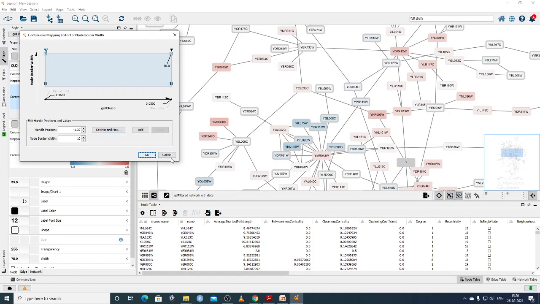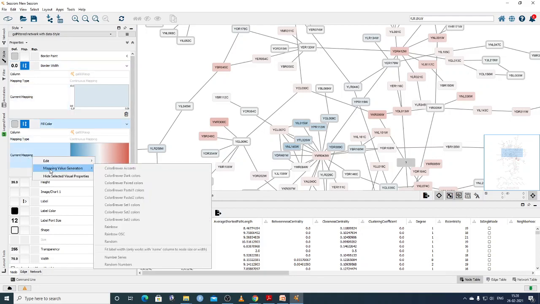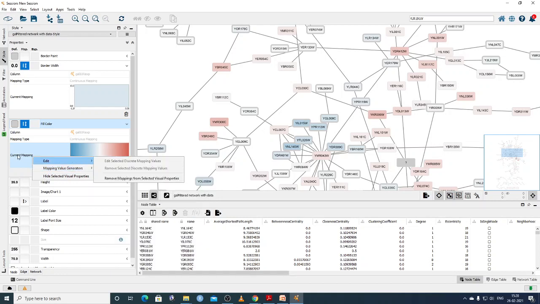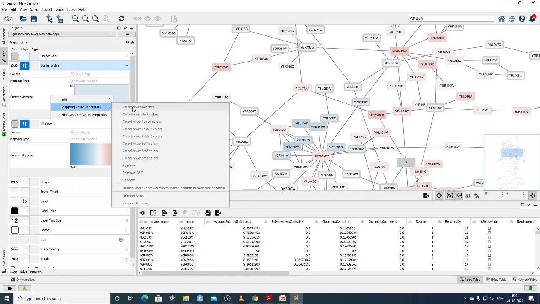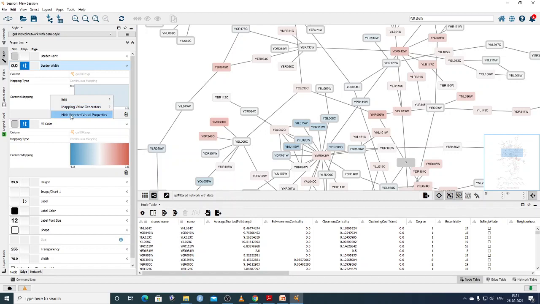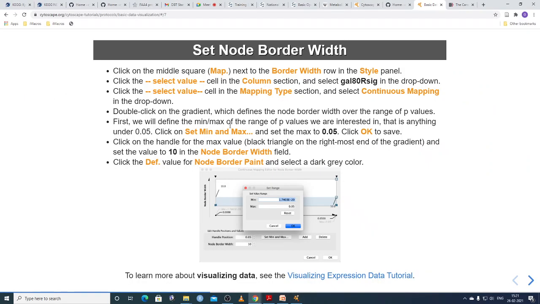Somewhere here we can select the gray color also. Currently it is not being selected, but this is how it is done. Here, if you do the continuous mapping edit, you can select different color options: assign color, paired color, rainbow color, hide properties. These options you can select from here. So this is a dark gray color we can select here.